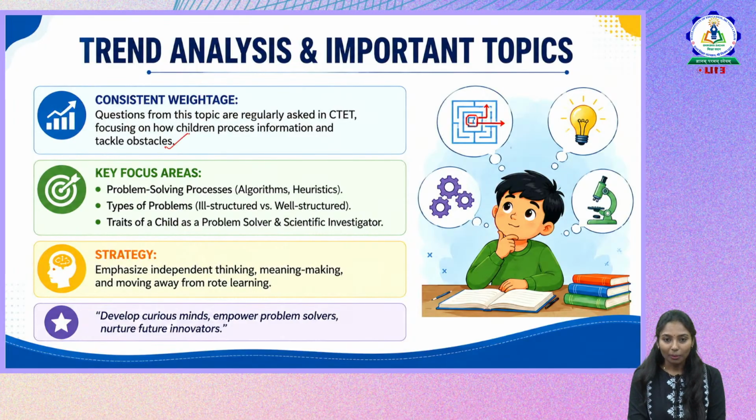So the topic here is, as we have been discussing, child as a problem solver. ये बहुत ही important topic है क्योंकि the major aim is we have to develop problem solving skills in them and we have to develop curiosity, वो scientific temper, all this can happen through this one. So this is a very important topic in that case, and there were questions being repeated from this topic in every paper. So questions कैसे repeat हो रहे हैं, कौन से topics ज़्यादा पूछे जा रहे थे।